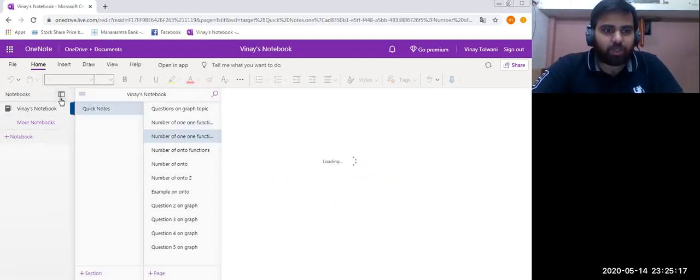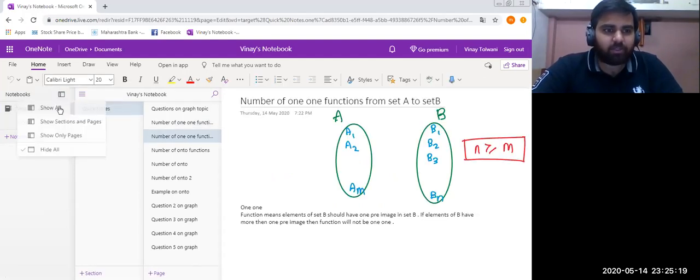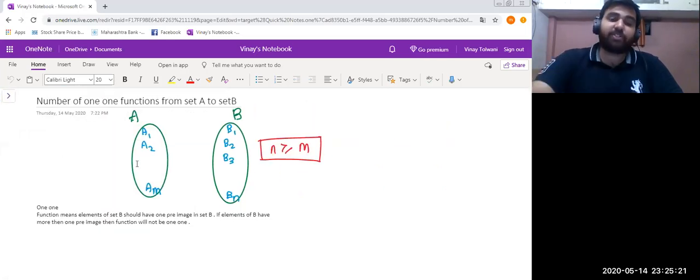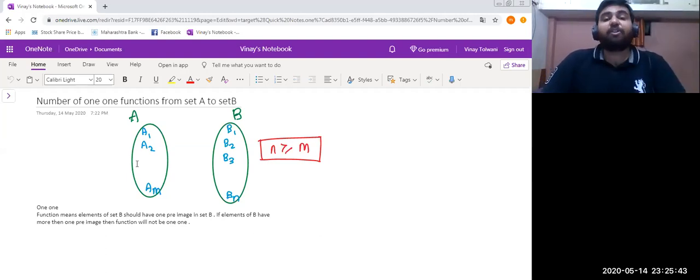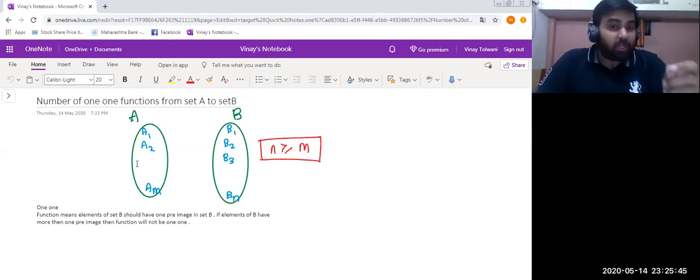As we can see on the screen, we have two sets, set A and set B. Set A has m elements, set B has n elements. For the function to be one-one, I can clearly see n should be greater than or equal to m. Now, why should n be greater than or equal to m? Can anyone tell me?